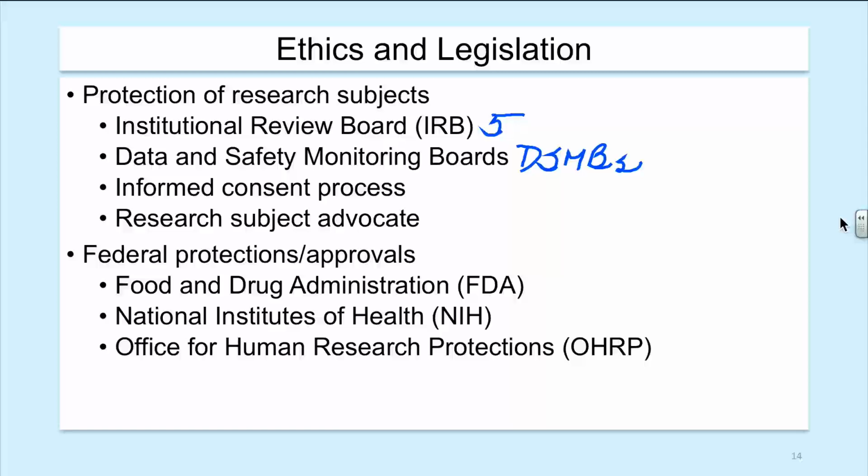So they have the ability to stop a study for safety, if there's problems with safety of research subjects on that study. They could possibly stop the study because of efficacy, where one drug on a particular arm of a study is better than another arm on that particular study. They could stop it for quality. If the quality of the data is so poor that we're not going to be able to answer the research question, then they can stop the study for quality. And the last one is futility. If we don't have enough patients or enough data to complete this study, then we can stop the study